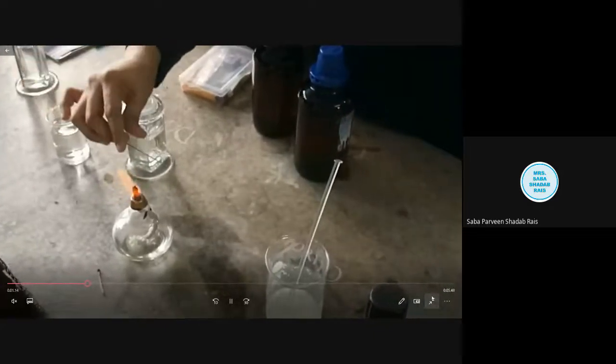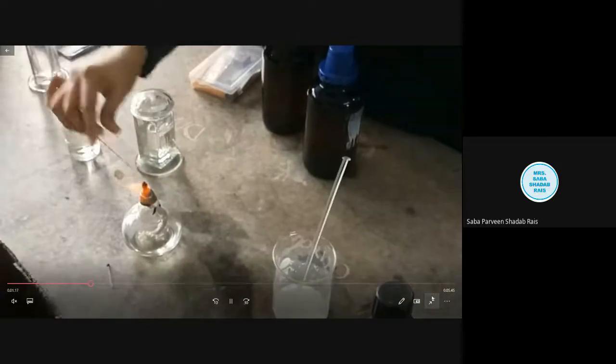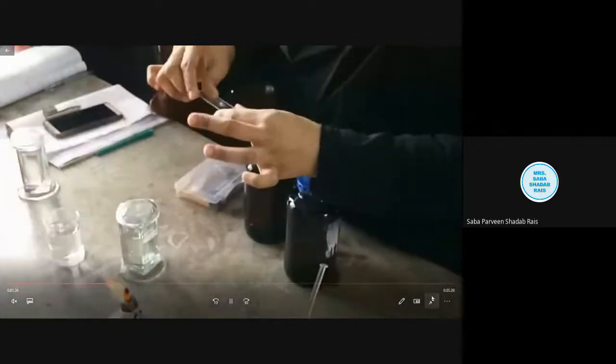So you can simply air dry it, or if you want to do it fast, just pass your slide through the flame. Now see students, when you are passing it, make sure that you do not burn the smear. So just pass it very gently and slowly, let it take a little bit of time. As you are observing, I'm taking a bit more time, so don't do this hastily. Keep patience, do it very slowly, and dry it properly to get good results. Once you feel that after passing it through the flame it is dried, thereafter we will start the practical.